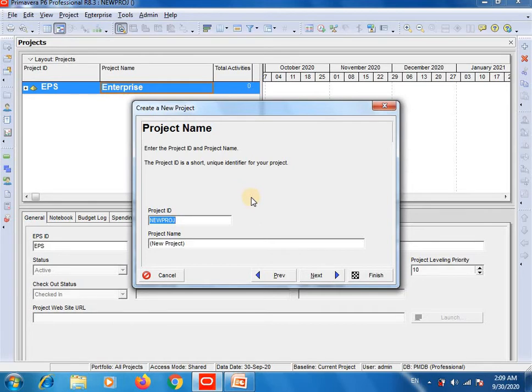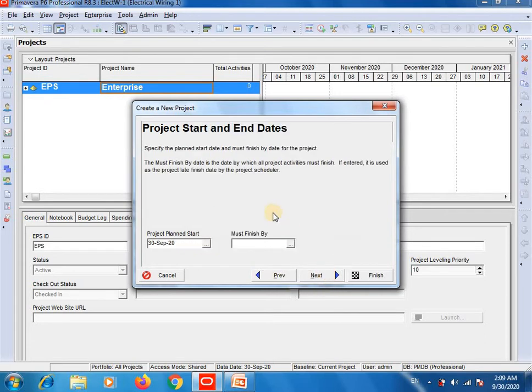It's an electrical wiring project, so Elect W-1. This is the ID, electrical wiring 1, and here I will write the complete project name, electrical wiring 1. Then click on Next.